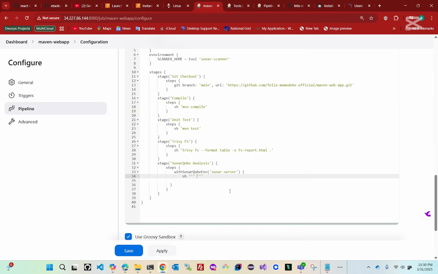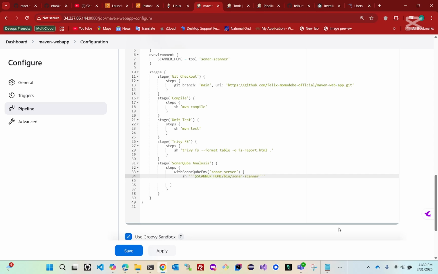So how do you call an environment? You should remember how to use an environment. We put dollar, then the name of that environment, SCANNER_HOME, and slash bin. That is where the binaries are, the binaries that are needed, and sonar scanner,